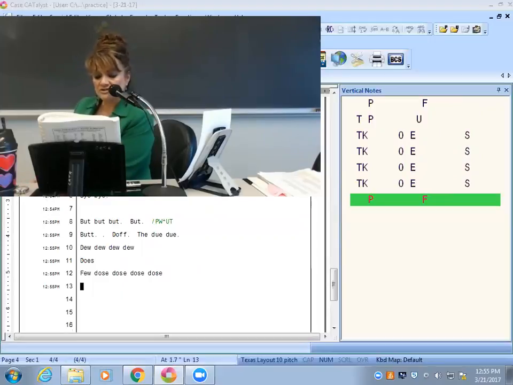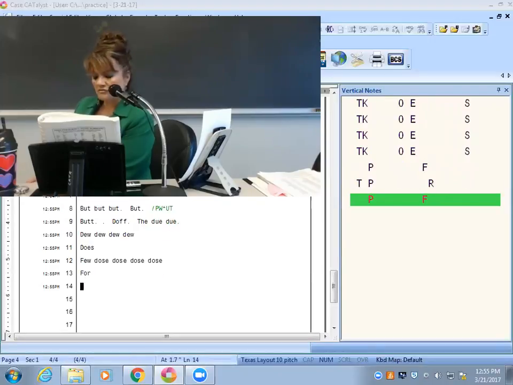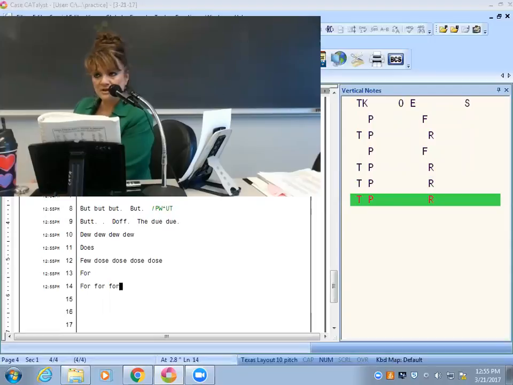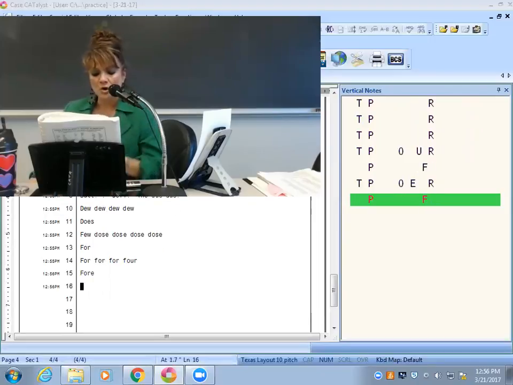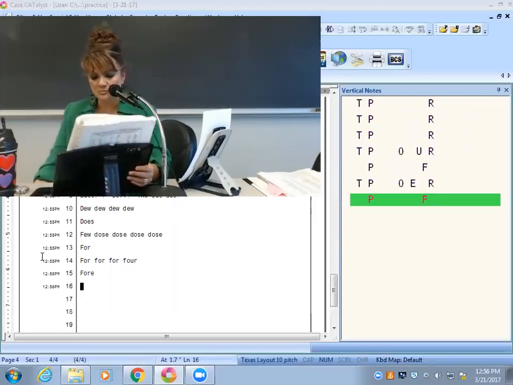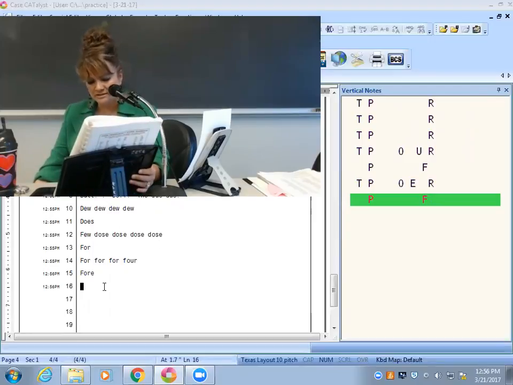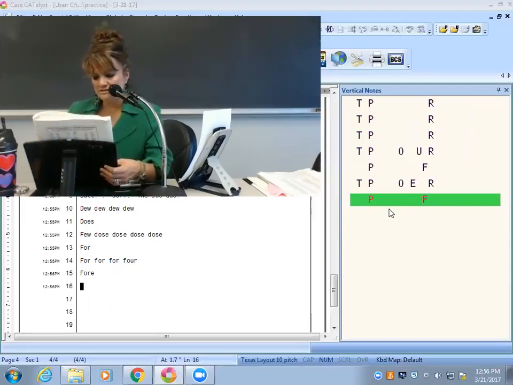These are all sound-alikes, okay? For: F, final R. And for the number, just write it out the way it's spelled, F-O-U-R. For, like a for person, for man, to come before, is F-O-E-R. Think there's an O and an E in the English portion, so you would write it in the steno portion as well.